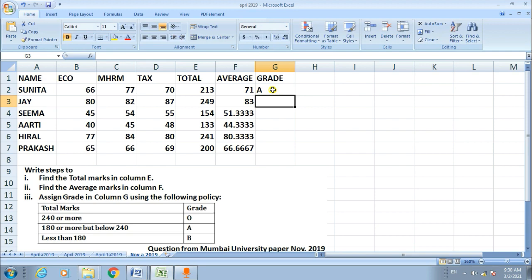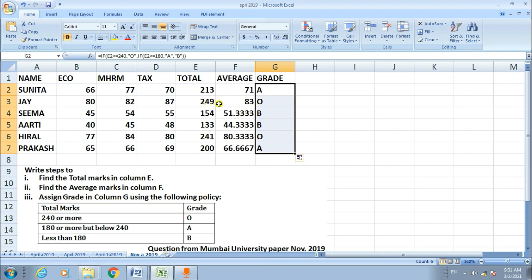See this, A grade has come. Naturally, this is 213 marks of Sunita, therefore she gets A grade. Now I copy this formula by activating the fill handle of cell G2 and dragging till G7.